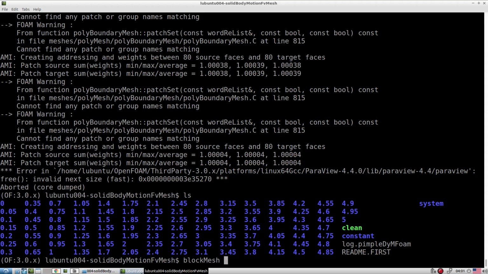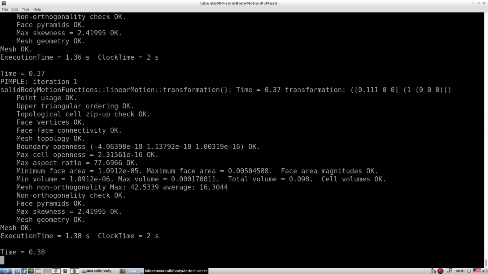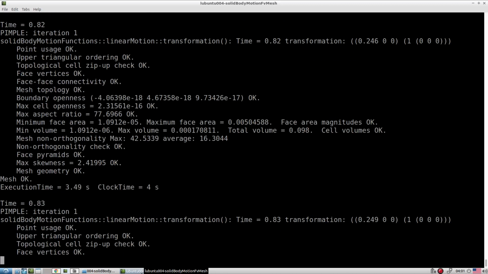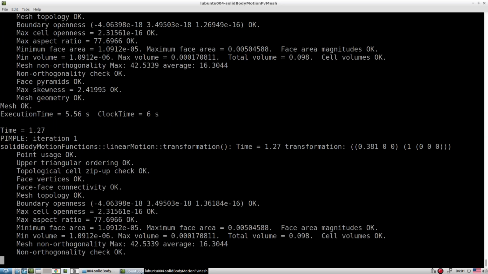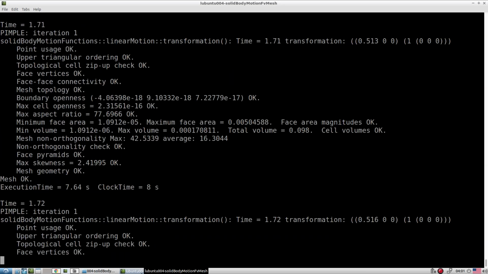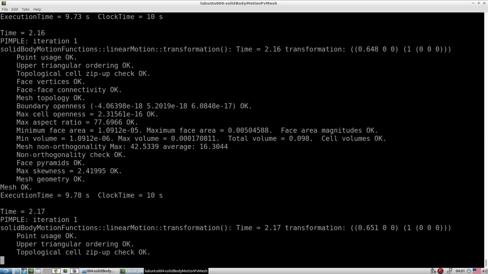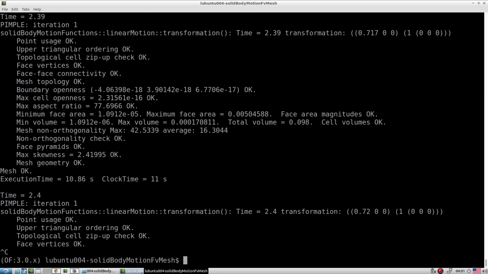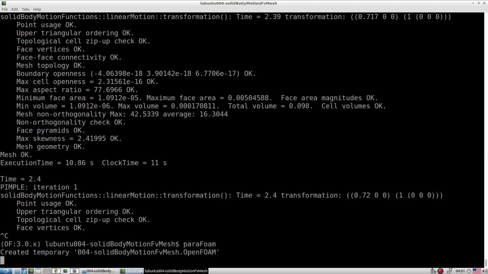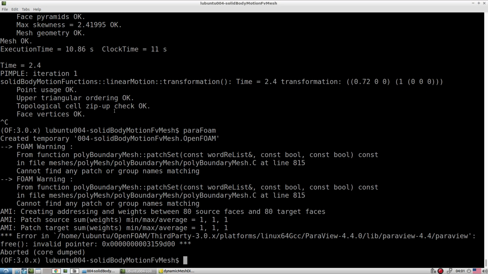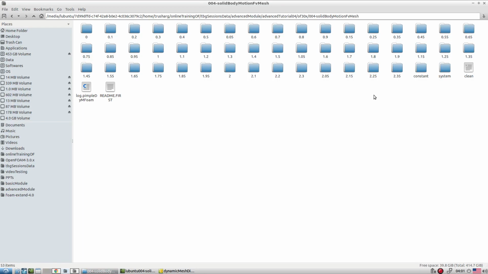Later on it is going to fail. Let's say it is moving in one particular direction, in paraFoam. Now it's going to fail because of a few things. Let me explore.